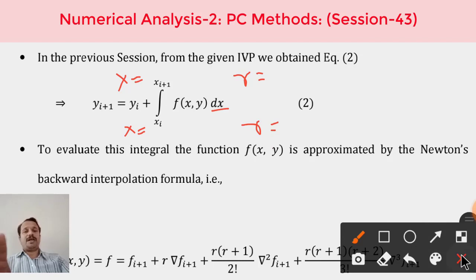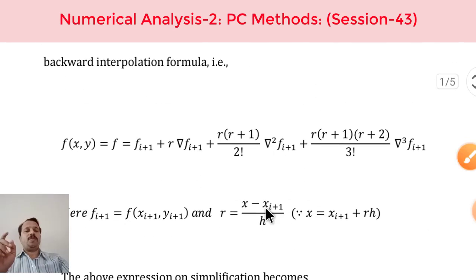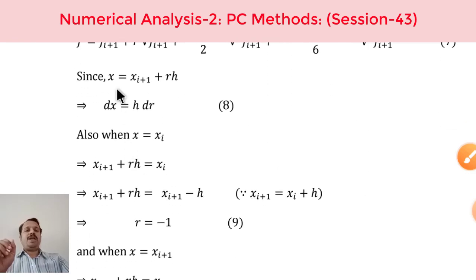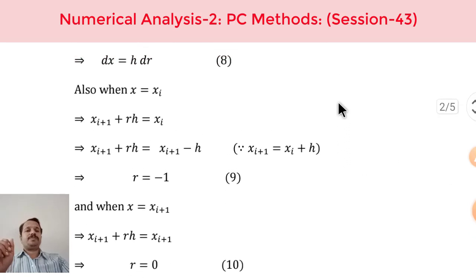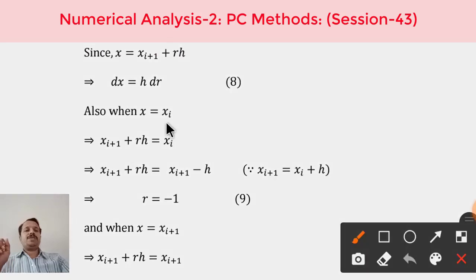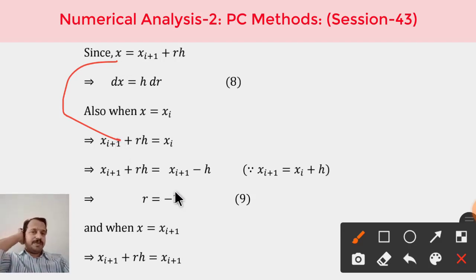So we are struggling for that. We will take x is equal to xi and we will find out what r is. We will take x is equal to xi plus 1, we will find out what r is. You please have a look at this. So when we have x is equal to xi, what happens? In place of x, we know that x is equal to xi plus rh. All of us know, that's what I have written, the value of x I have written, and I am taking x is equal to xi on the LHS. So RHS as it is, only LHS I have changed.